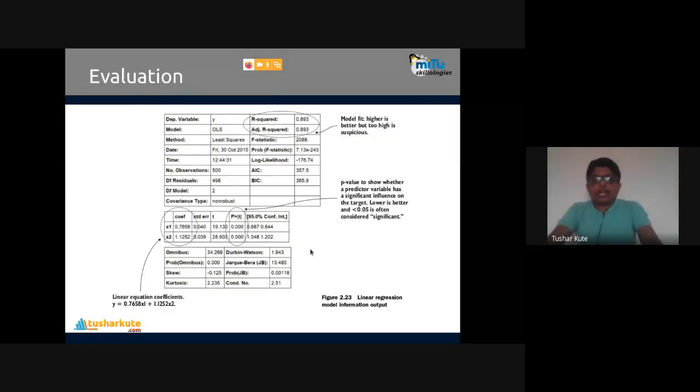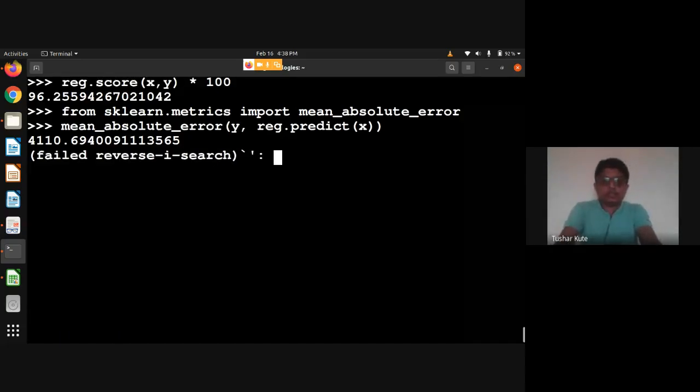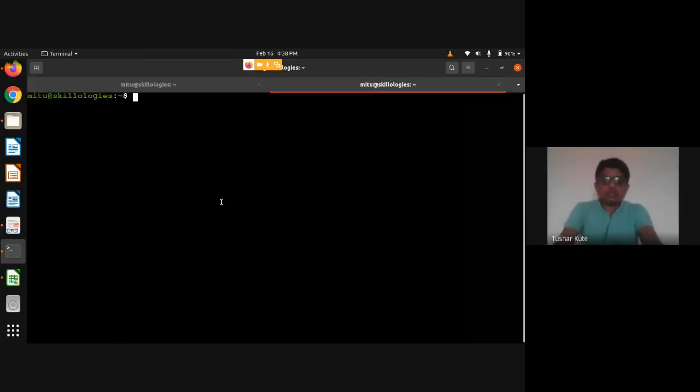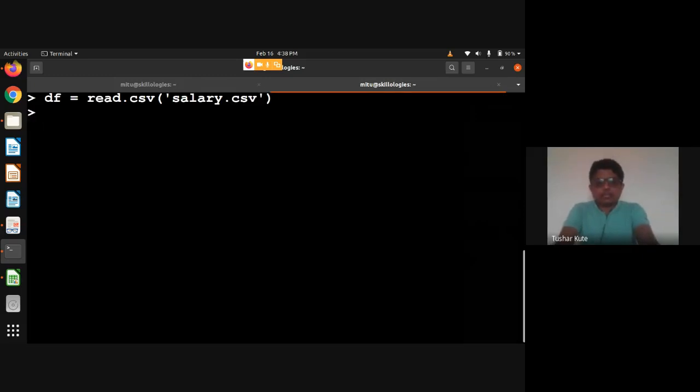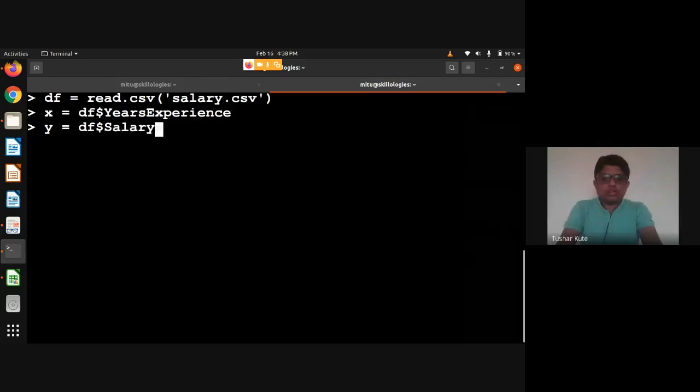And if you are going to check this, it's shown using R, actually. Python and R, just 3 lines are there. Within 3 lines we can do it. See, for example, I'll read this data here. This is the R programming terminal. Okay, data we got. Then I'll separate X and Y: X is equal to df dollar experience, and Y is equal to df dollar salary. Okay, X and Y are separated.